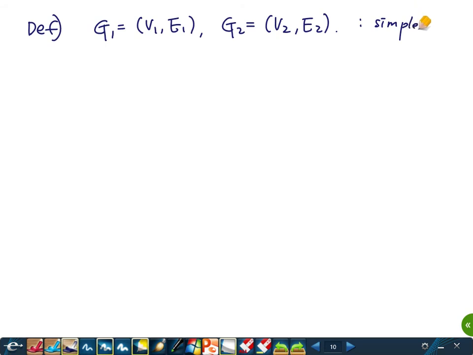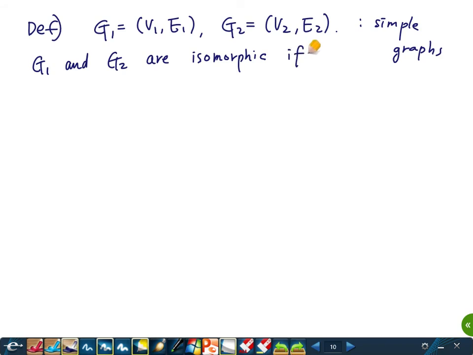We can do this for non-simple graphs, but just for simplicity, let's consider simple graphs. We say that G1 and G2 are isomorphic if